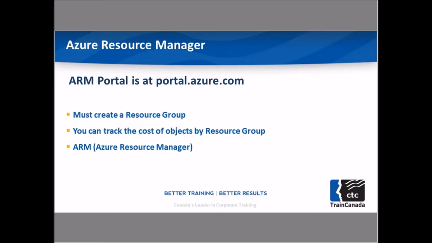That's what I'm going to use today. And basically what you do is you create what's called a resource group, and then all the objects related to what you're trying to do, you can just group as a resource group. It's easier to track your billings that way because in Azure it's a subscription service, so it makes it easier to track your billings. Also to do delegation, like administrative delegation, you do by resource group. So it just makes it easier. So we'll use the Azure Resource Manager, which is